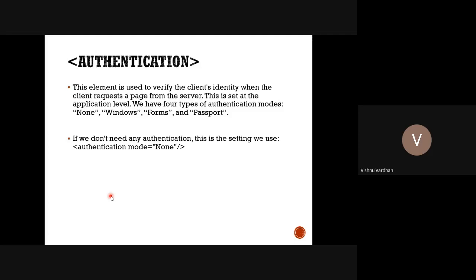Authentication. Authentication is generally used for identifying a particular user. Suppose you are a user, you are connecting from a different country, and anybody can hit a website. Suppose I am hitting a website named rediffmail.com. Okay, so this website is there.